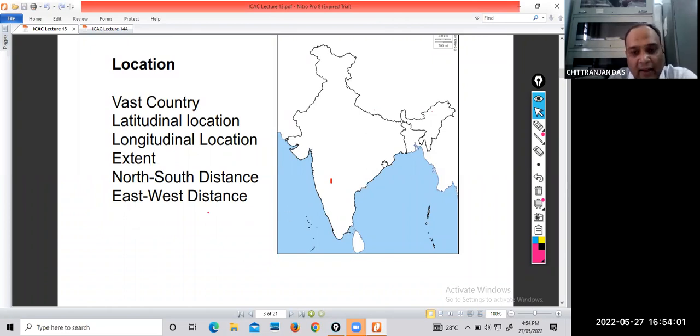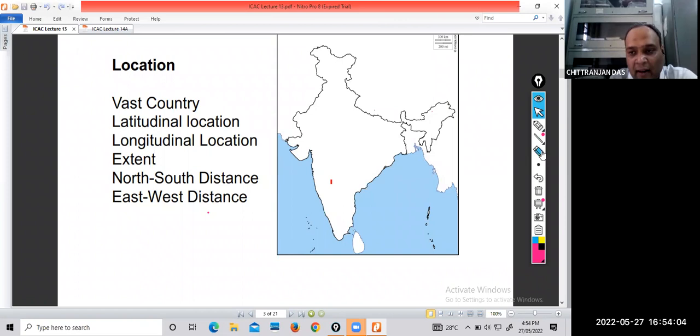Just one thing: if you see our country, everything is okay, but from 22 degree, our country's boundary, especially the coastline, becomes taper. It becomes taper, and then it goes straight. So you always have to remember that it becomes taper from 22 degree north. And as you know, it has been surrounded by, this is which part?